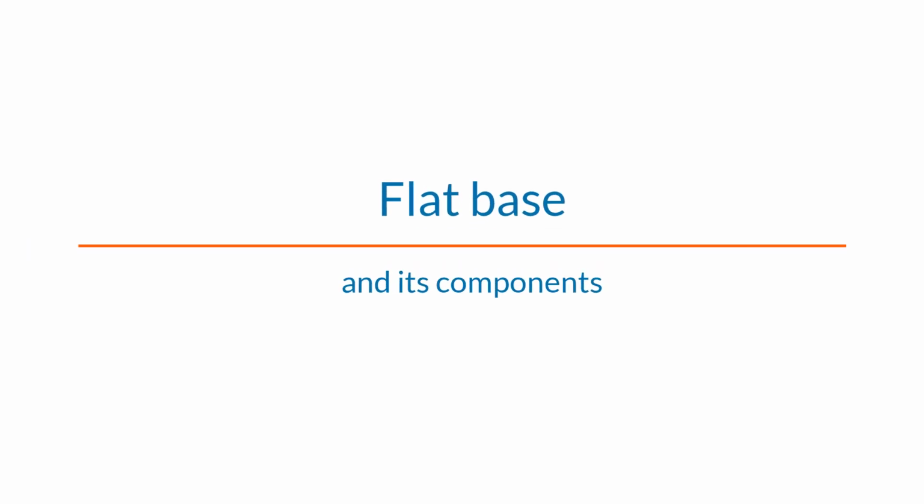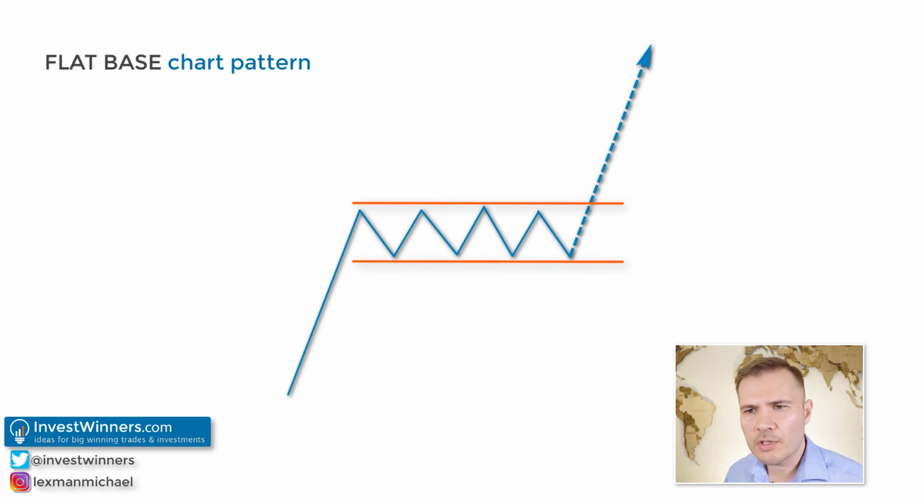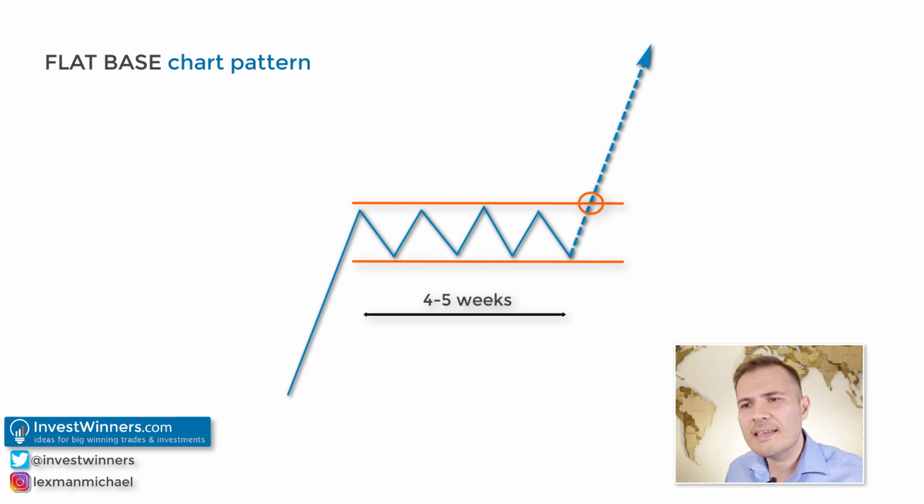First, let's outline the flat-based pattern. The main part of the pattern is formed when the stock or futures price moves sideways for several weeks. The price reaches a certain level, reverts and reaches a certain level again, then goes up again. Thus, the upper turning points form the pattern's upper trend line, and the bottom turning points form its bottom line. This means that for at least 4 or 5 weeks, the stock or futures price moves in a certain channel, thereby forming the flat base. When this formation is identified, we can expect a breakout and consequent movement if certain other conditions are met.